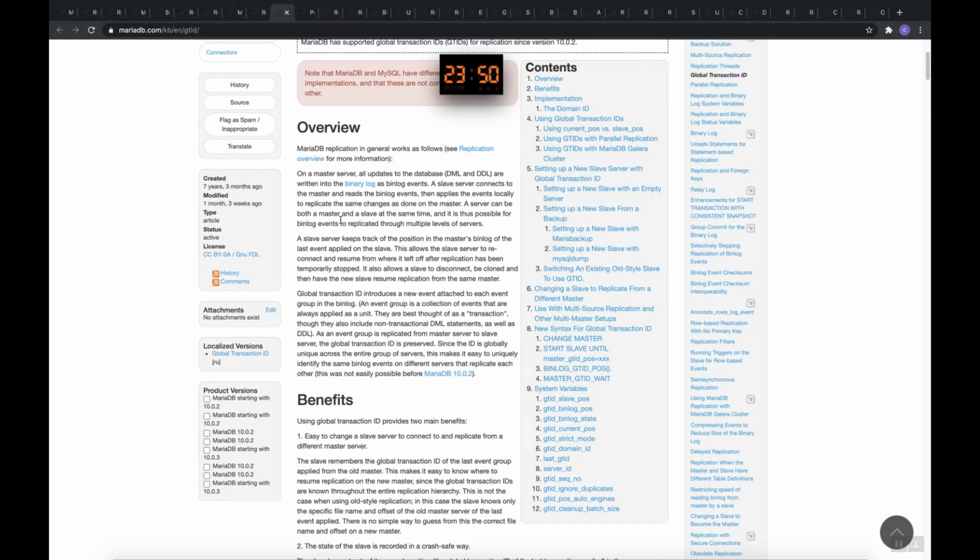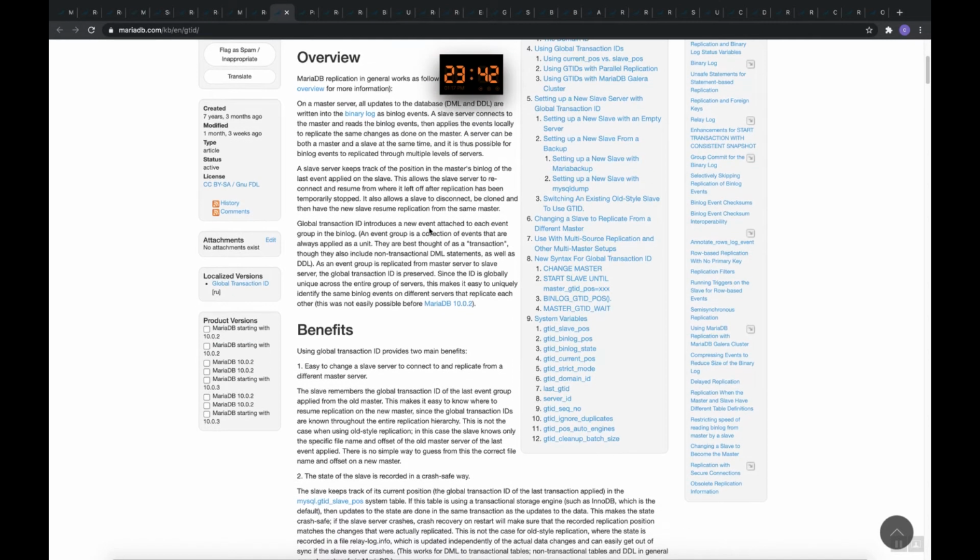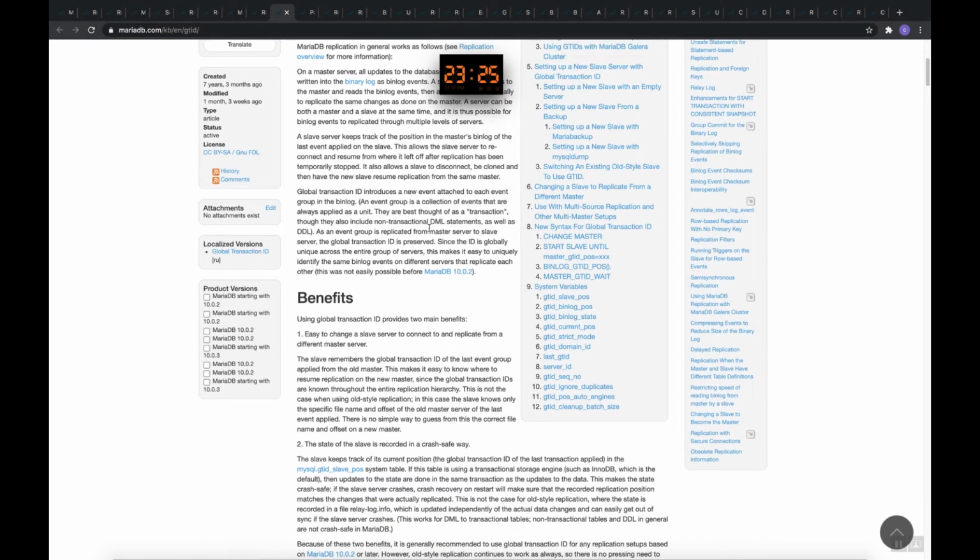A server can be both a master and a slave at the same time, and it is thus possible for a binlog event to replicate through multiple levels of servers. A slave server keeps track of the position in the master binlog of the last event applied on the slave. This allows the slave server to reconnect and resume from where it left off when replication has been temporarily stopped.